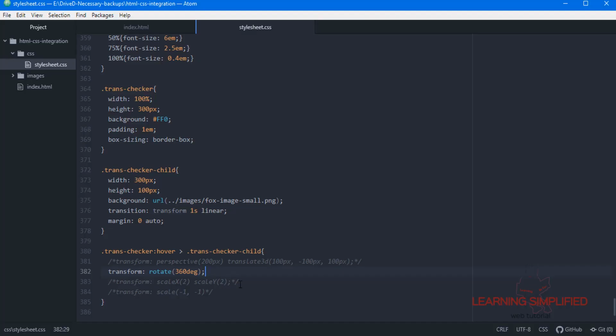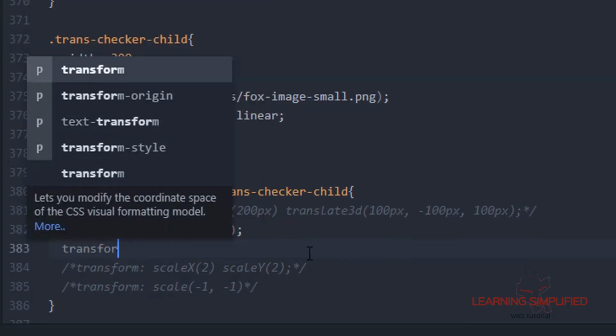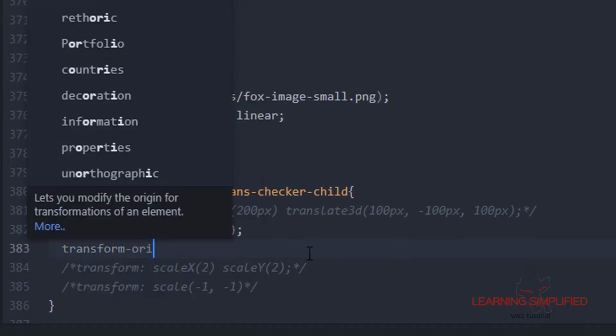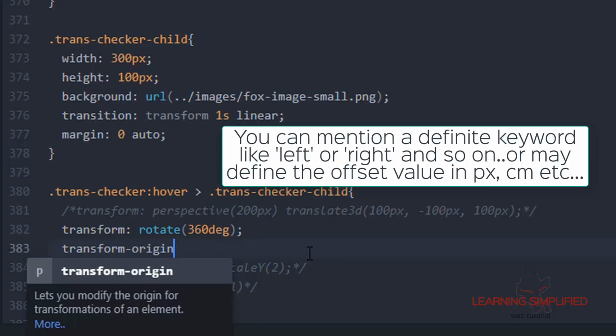Now if we mention here transform origin, this is known as transform origin, and in the case of a transform origin, you can mention a definite keyword or you can mention the offset position.